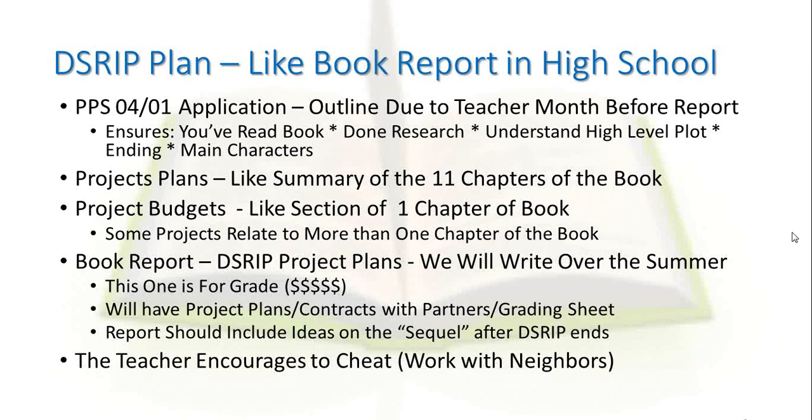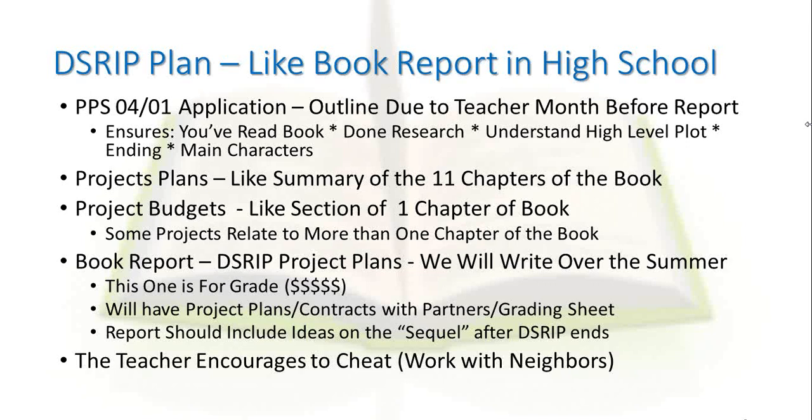A couple bullet points here. You know, this one is for the grade, if you will. This is where we, as a PPS, all of our members, will be outlining, this is our plan for getting through these 11 projects to meet our DSRIP goals. This will outline the metrics, the milestones, all those details that will really be developed in the project plans, working with this group and other groups really during the summer months this year is what we foresee. Some may be a little earlier. You know, it all depends on the project itself.